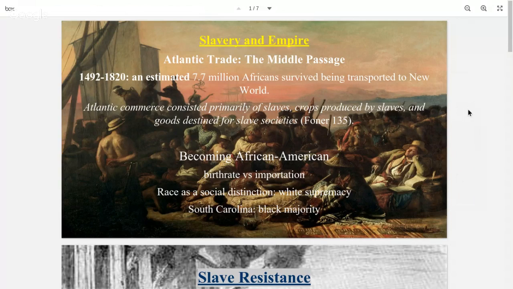Once people realize what's over here and people start traveling back and forth, it's been argued that the Atlantic Ocean is really just a series of highways, right? Boats are going through, lots of goods and services moving, lots of raw material from the New World, the Western Hemisphere, going back to Europe, lots of products in Europe, tea, clothing, other things, coming to the Americas, coming to America with